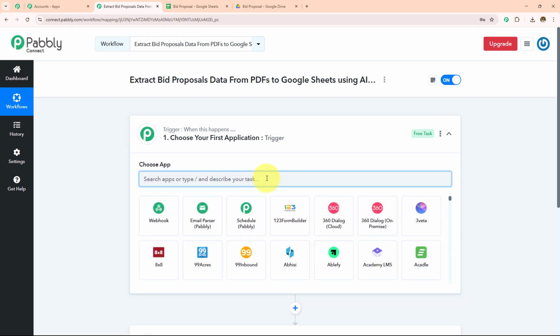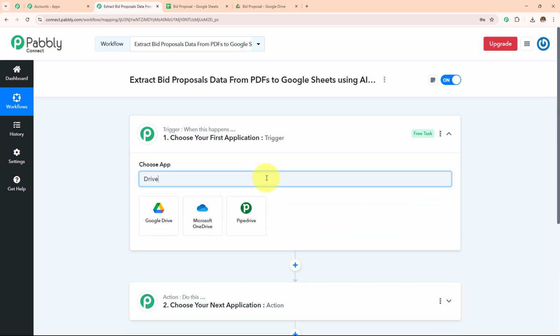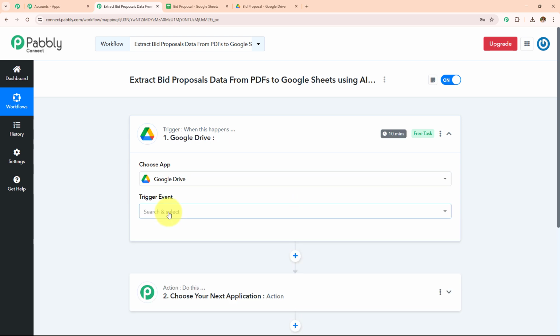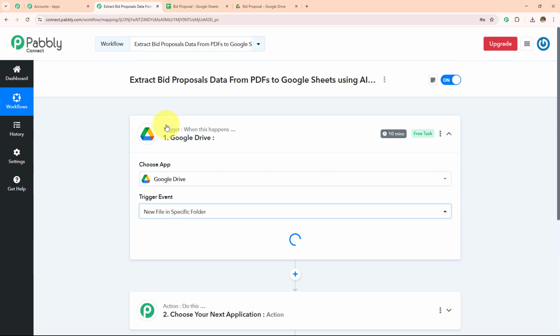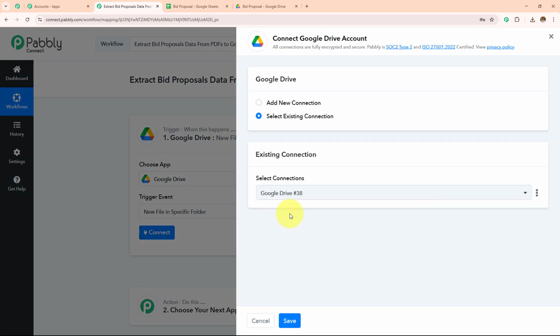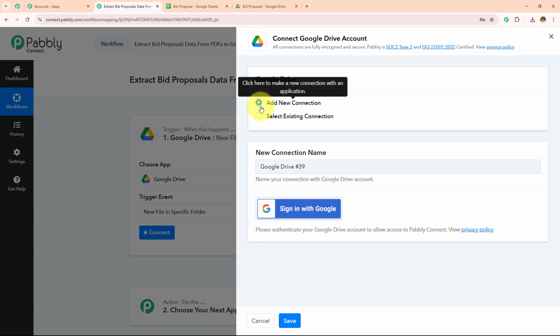Here in my trigger application, let me quickly take Google Drive. And then in my trigger event, I'm going to take this new file in a specific folder and then click on connect. If you have an existing connection, go with save. If you don't have one, click on add new connection and then click on sign in with Google. You have to choose the account with which you have logged in to your Google Drive, and after choosing your account, you simply need to